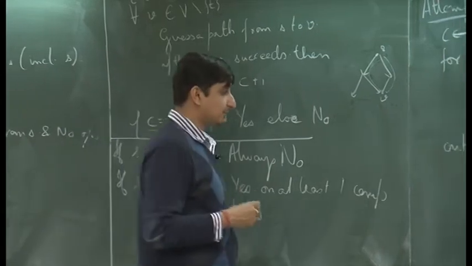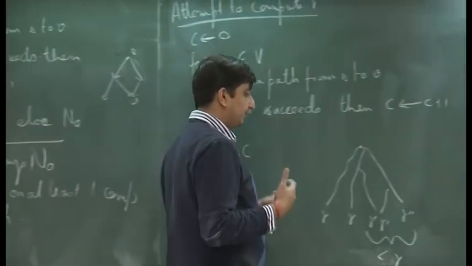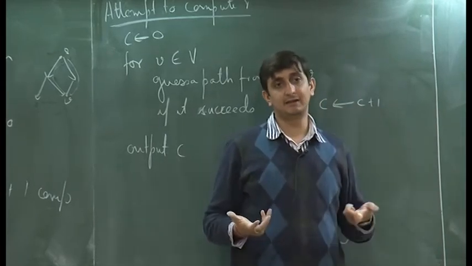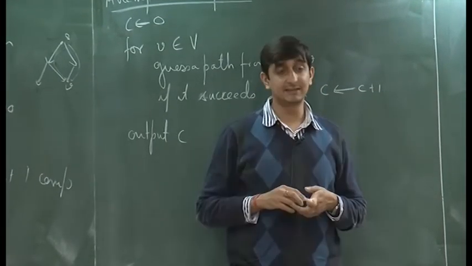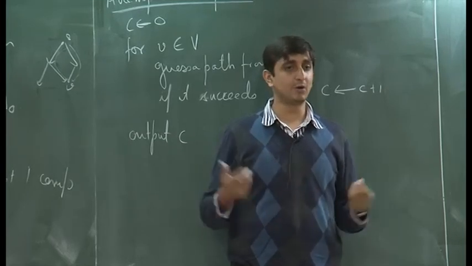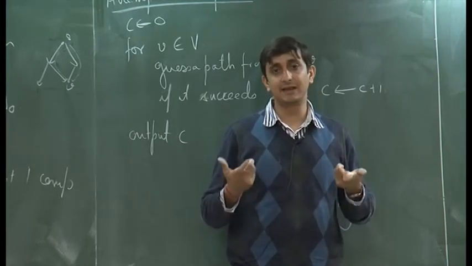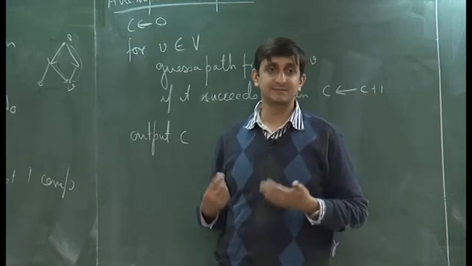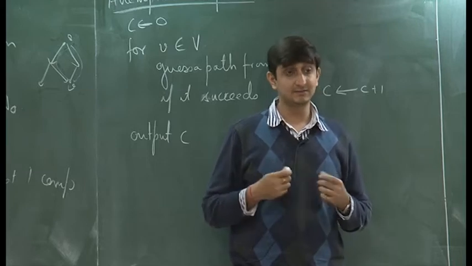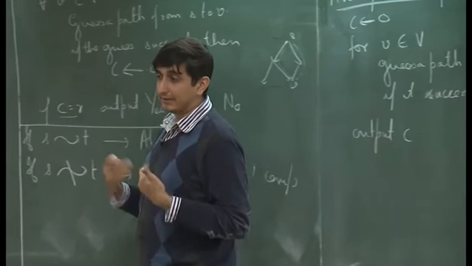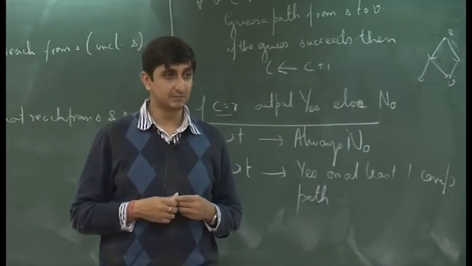That is the same problem with NP and co-NP as well. If you want to use the same logic, you can say that I will guess a satisfying assignment, and if along all paths I am not able to find a satisfying assignment, then I will accept. Let us say I want to accept SAT bar. That is not possible, because I cannot get information about the other computation paths.